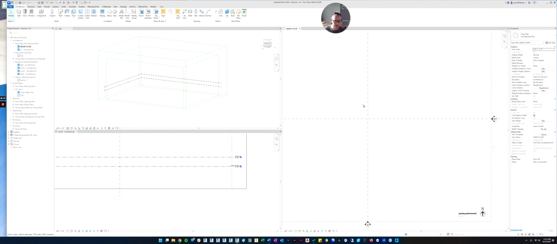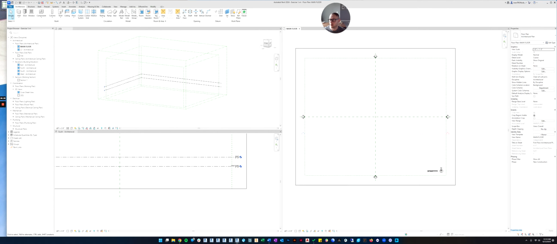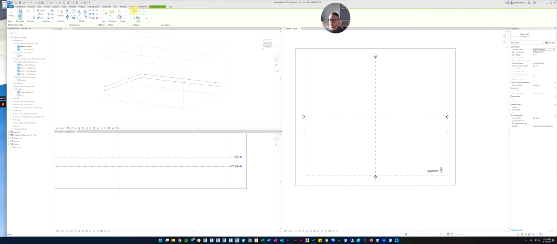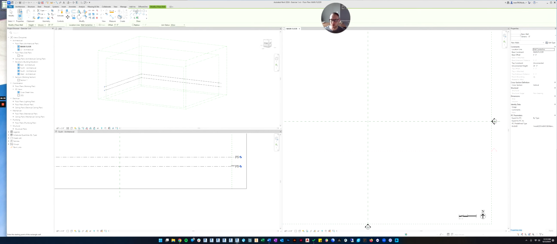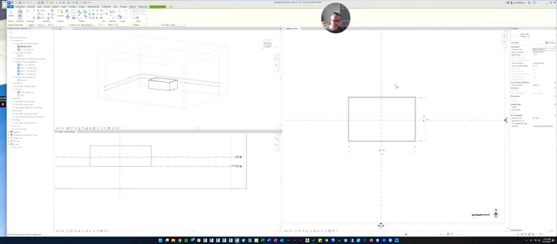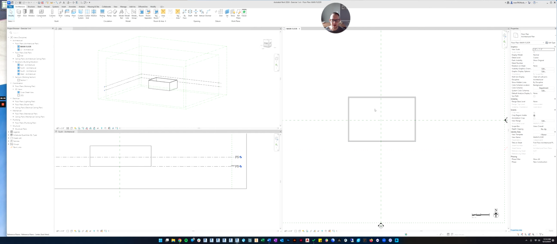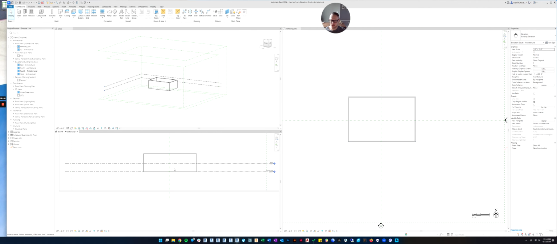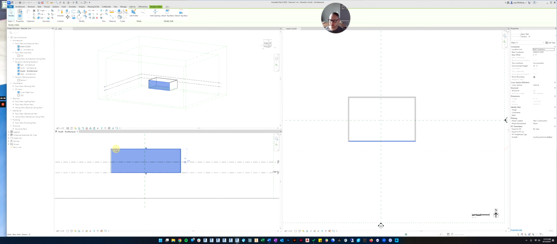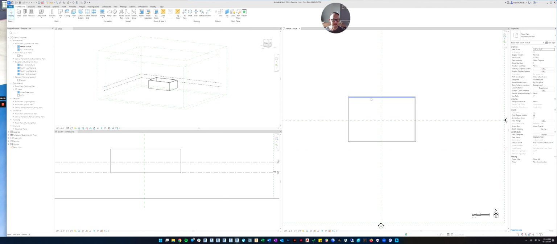So let's do a real quick example. Let's delete that wall. I'm going to do all the walls for my house. So I'm going to click on the rectangle, and then I'm just going to click and drag, and then click again to make the rectangle. Now I'm going to hit escape twice to get out of the command. So now you can see, once again, I drew the walls without having constrained them. So let's click the wall. Let's select all of the walls.